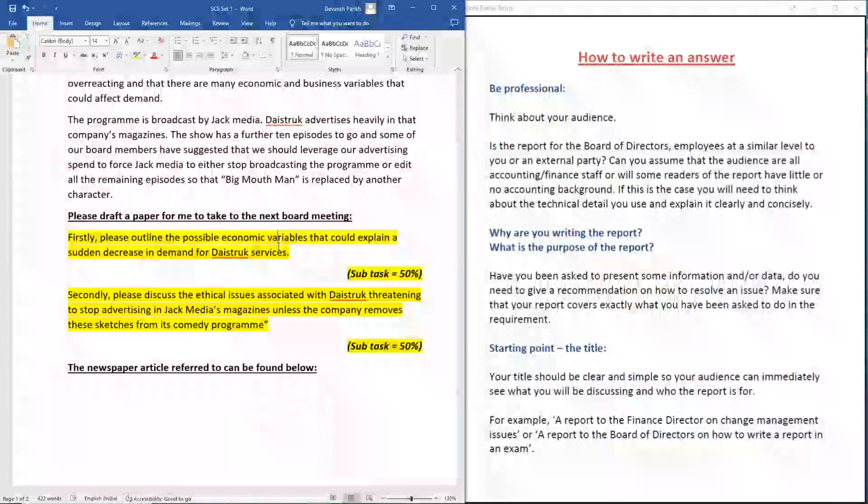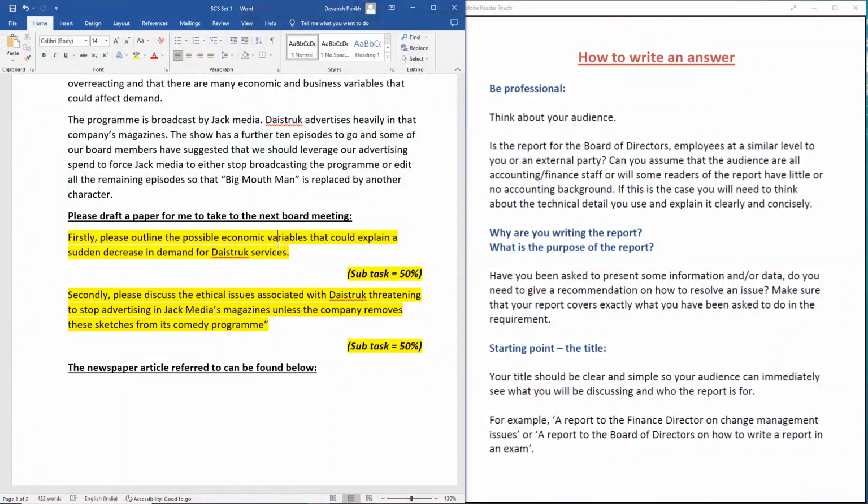Same way, ethical issues has been asked. So you have to give them ethical issues. You give them anything else apart from ethical issues, you are not going to get your marks. You are not going to get your credit. It is very important to understand that not every question is going to have a technical model that you're supposed to use. For example, economic variable, you just have to give me simple business sense economic variables that could affect